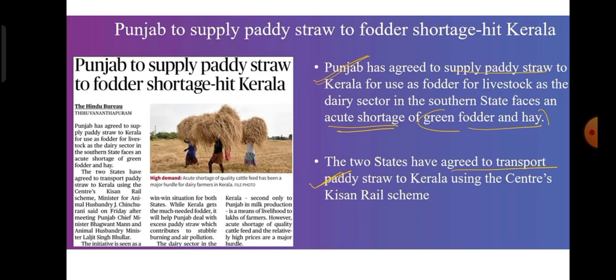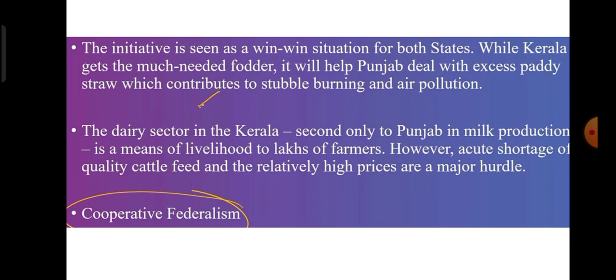The two states have agreed to transport paddy straw to Kerala using the Centre's Kisan Rail scheme. As you know, for better transport of agriculture and perishable goods, the Kisan Rail project was introduced by the central government 2 or 3 years back. The initiative is seen as a win-win situation for both states. While Kerala gets much needed fodder, it will help Punjab deal with excess paddy straw, which contributes to stubble burning